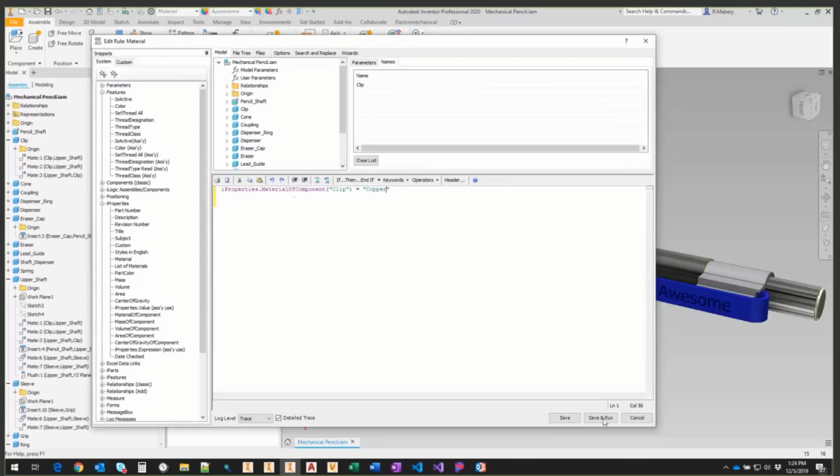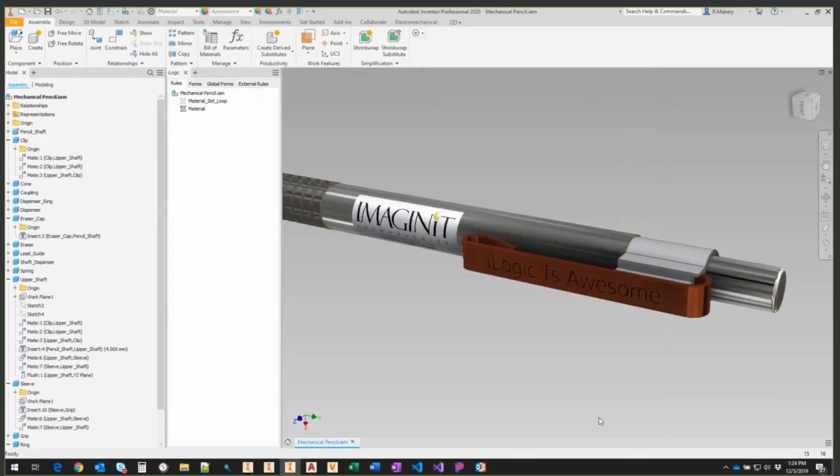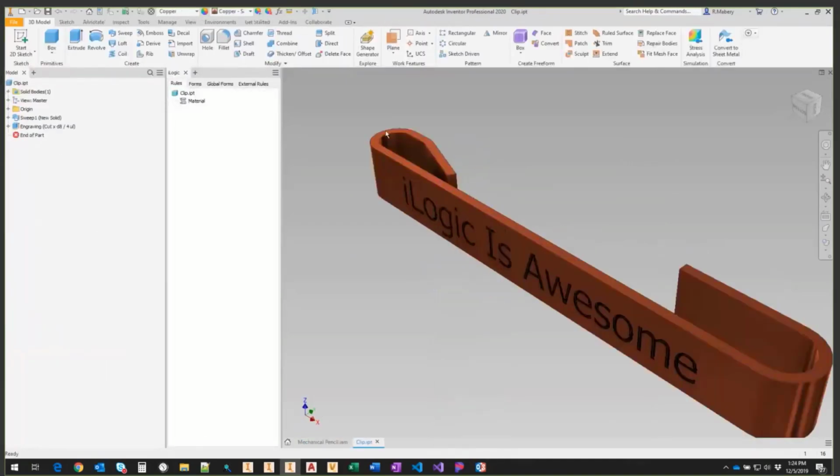Okay. So I'm going to hit save and run. Take a look at my clip. It is now copper material. If I select it and take a look at my quick access toolbar up here at the top, it's now saying copper. So doing that is the exact same as if I were to drive